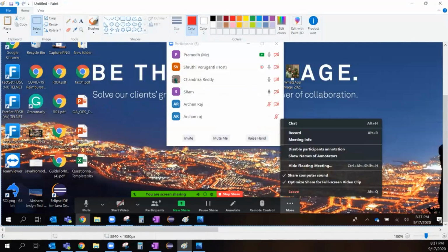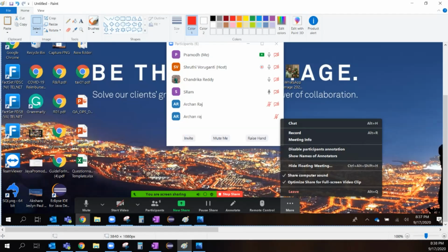Okay. Step 1 is that you're already part of this session. Prerequisites: you're already logged into Zoom and you have access. First step is you need to click on more options and choose the record option.